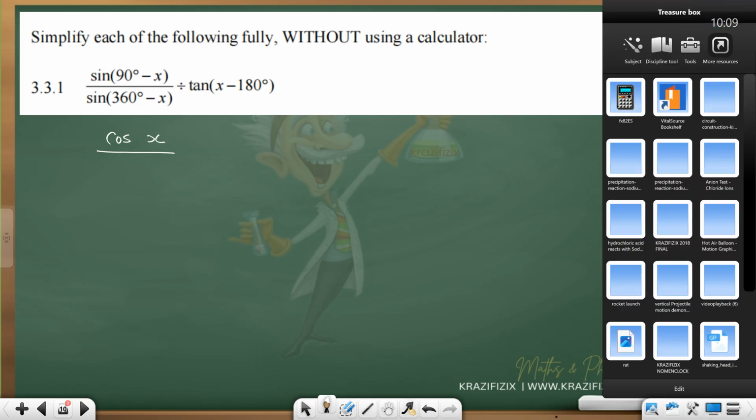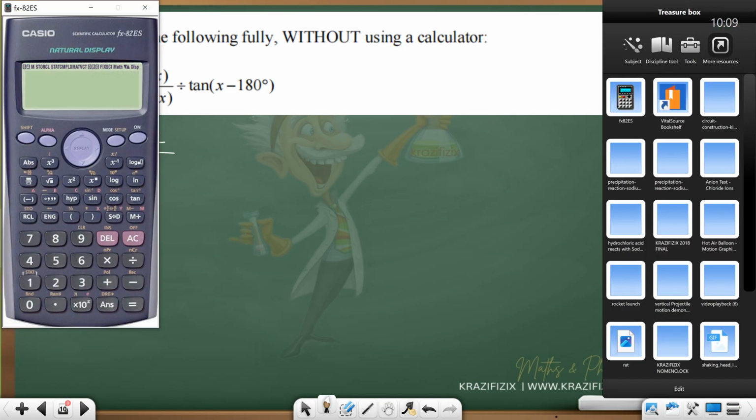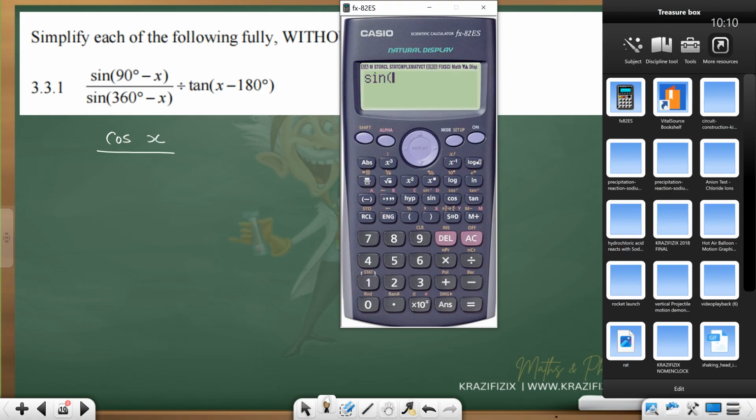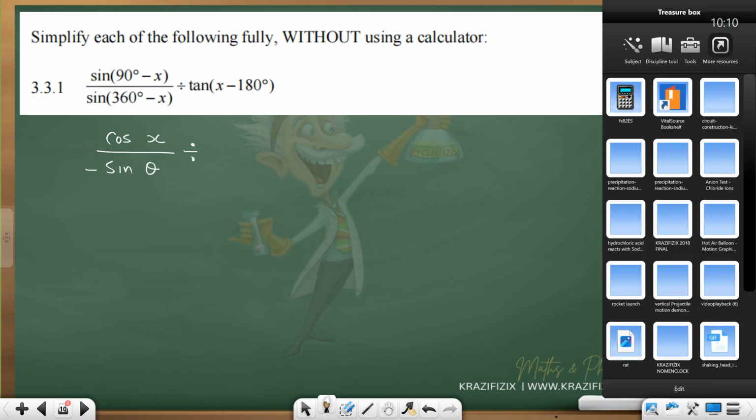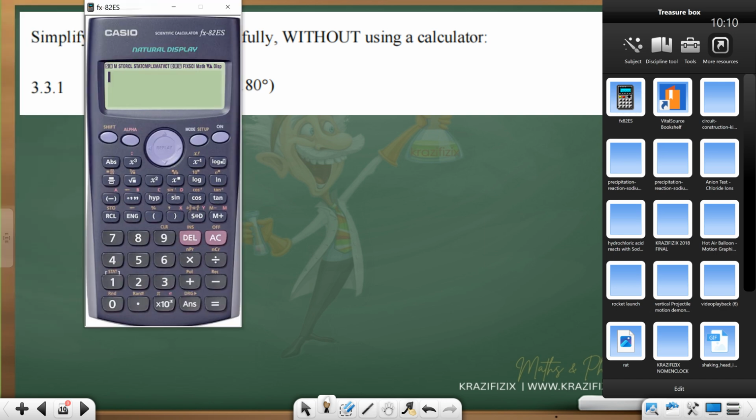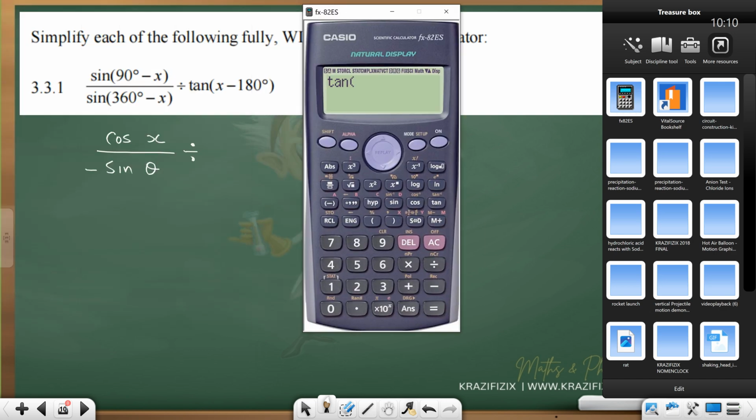Are we changing? We are shaking our head saying, no, we are not changing. We put that in a calculator to check the sign, and it's a negative. And since we are not changing, negative sine theta divided by 10x minus 180. 180 again, we are not changing. But can I put that in? Please look at what I'm putting in the calculator. Some of us are still,